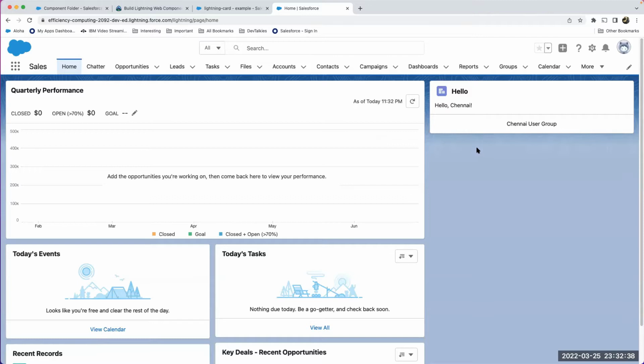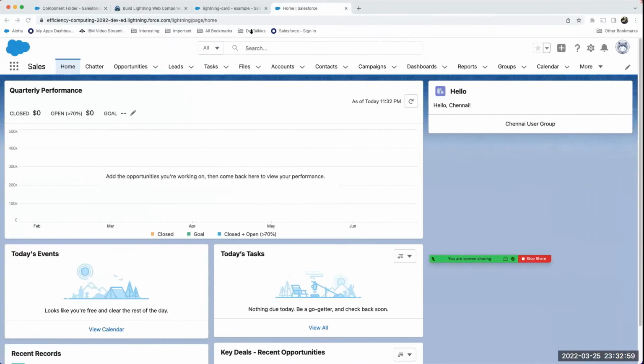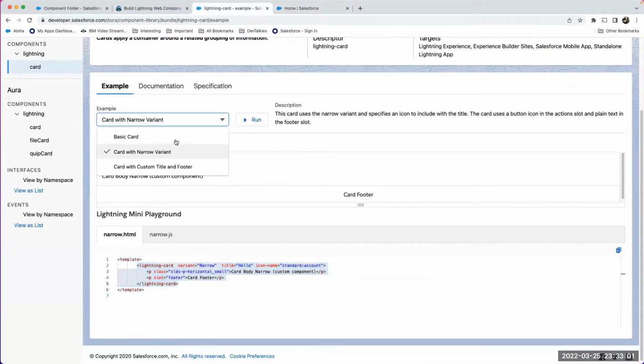See how it works. And here, if you see this base card, it has some styling as well. It has given a variant. So base components come with variants. The other example we saw is basic. Here, if you see, there are 3 variants: a basic card, narrow variant, or custom title card. All of these base components come with variants. You can see which variant fits you better, select that particular card and